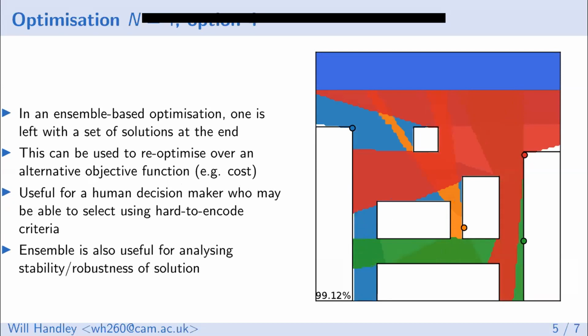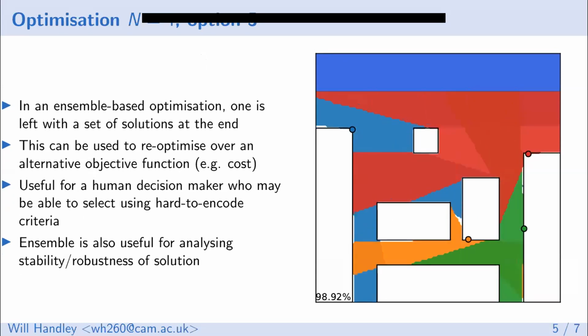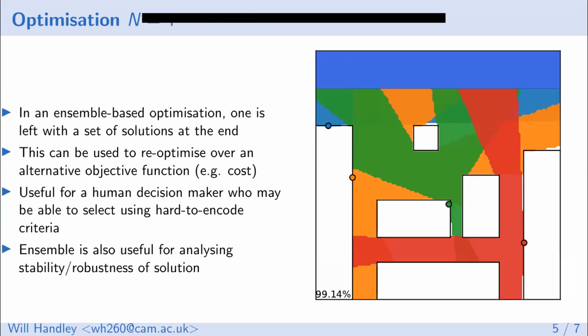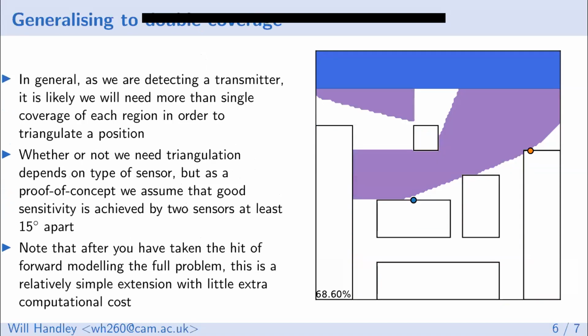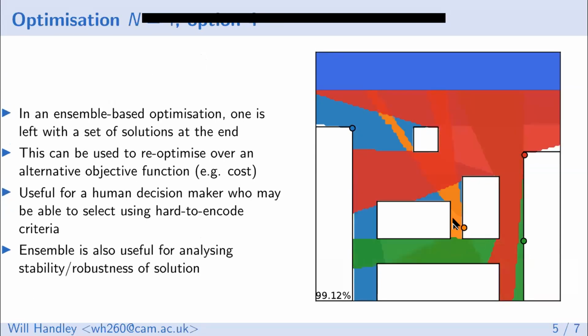you find that these two are rather important, but these two can be moved around relatively freely. So you don't need to care too much about how you place those, providing you just stick them on this building, because it's clear that this orange one is just covering this small region here, and this green one, providing it has access to this corridor, gets a pretty good view of that.